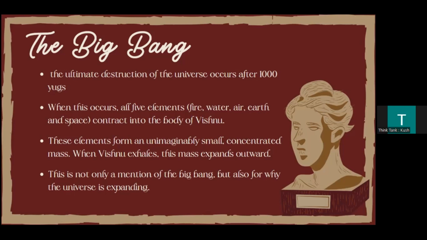And now Brahman is like a literal personification of the universe. Yes, exactly. Personification is the right word. So it was first contracted and now it's expanding. And not only the Big Bang, this also explains the current expansion of the universe, which everyone's so confused about. Does the ultimate destruction of the universe happen automatically, or does someone actually destroy it?